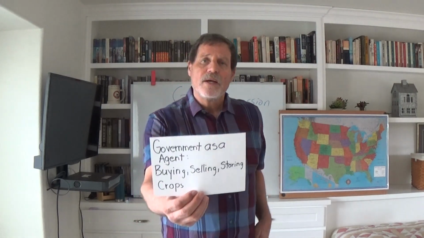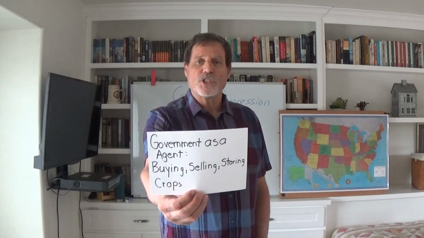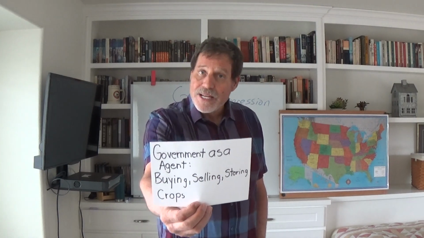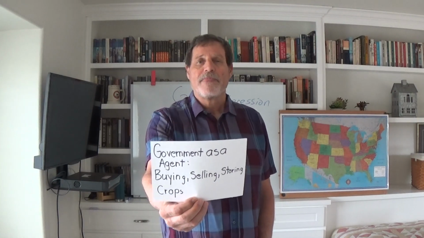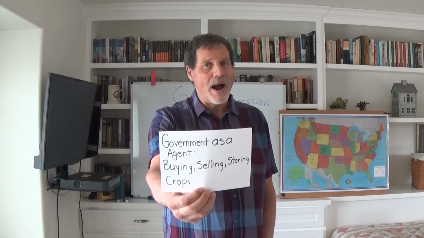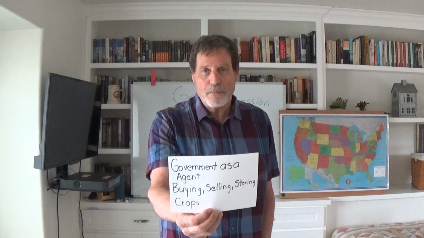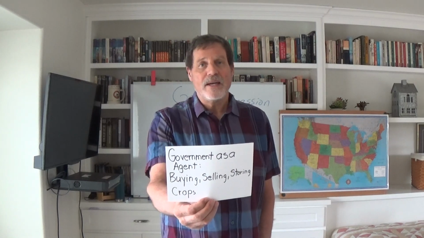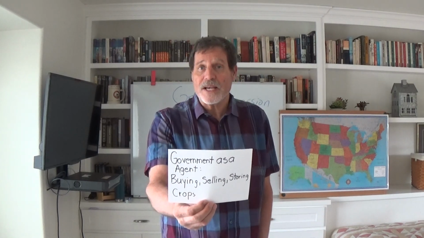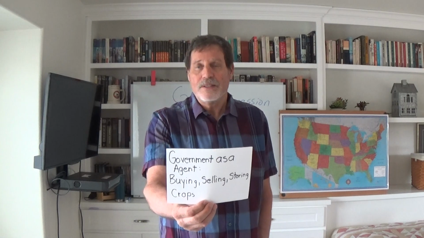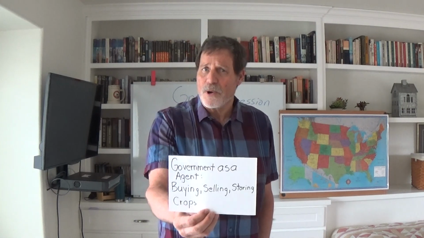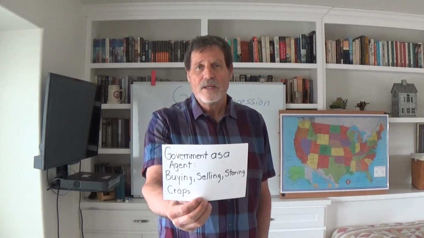So here we go. The AAA decided it would offer its services to basically work as an agent for the farmers, to help the farmers. And that meant that the AAA would buy their crops from, if there's no one else to buy them, the government steps in to basically buy the crops. The AAA would help them sell their crops, acts as a marketing agent, of course, and oftentimes taking it and dumping it abroad or someplace else to kind of get it out of the way, or storing it.